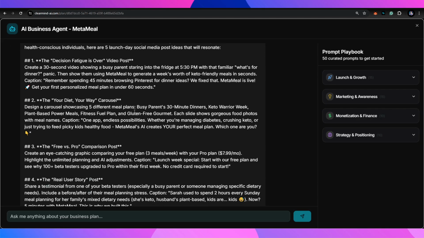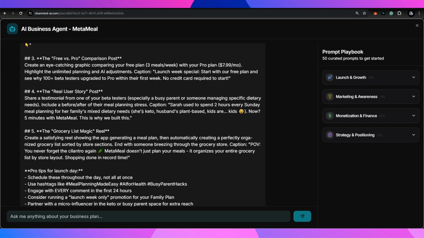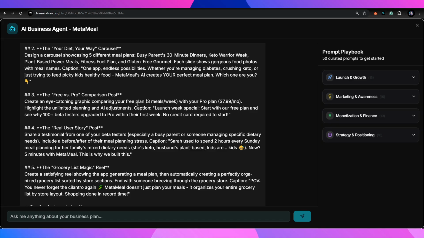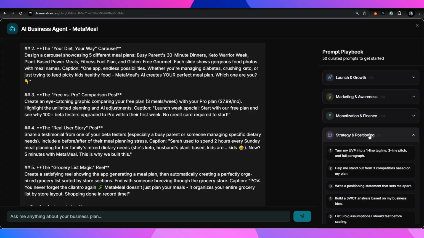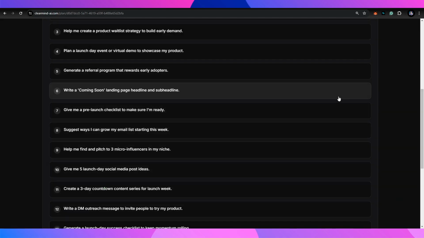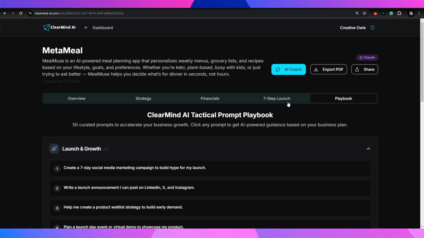Second day, a carousel. Third day, fourth day, fifth day, some pro tips. So now it's going into very specific details of campaigns that I should be running, especially aligned to my business plan. Again, different strategies, different topics that our AI can go into. Very huge updates that we made with our UX, UI and our AI.